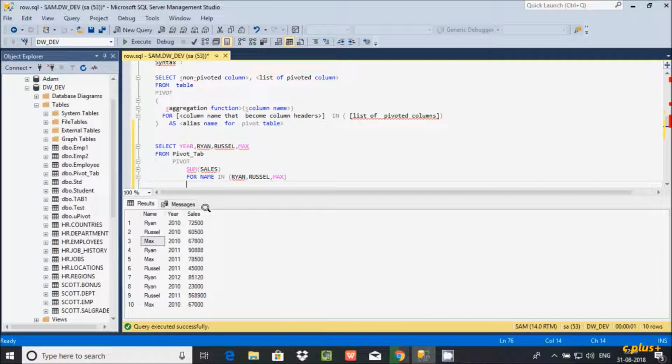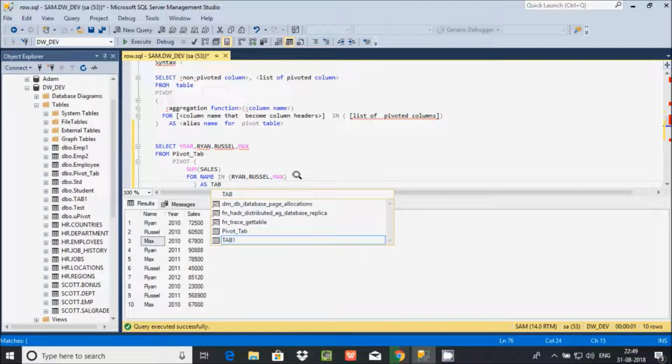Now I forgot to give the bracket. Now close the bracket, and give the table alias as tab,